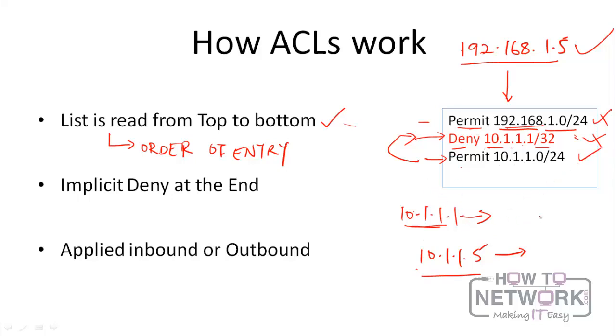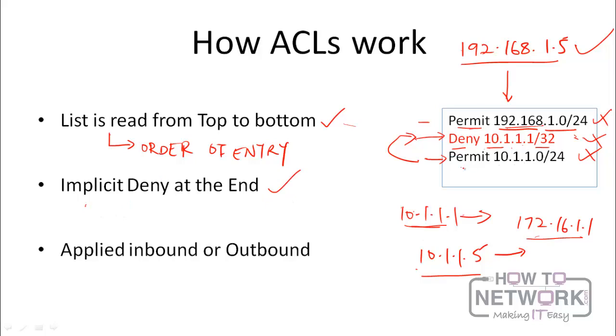So what happens if you have an IP address that doesn't match any of them? For instance, you have 172.16.1.1. It's going to run through the whole access list, and of course not going to match the first one. It's not going to match the second one. It's not going to match the third one. So what's going to happen is that it's going to get to the end of the access list, and then